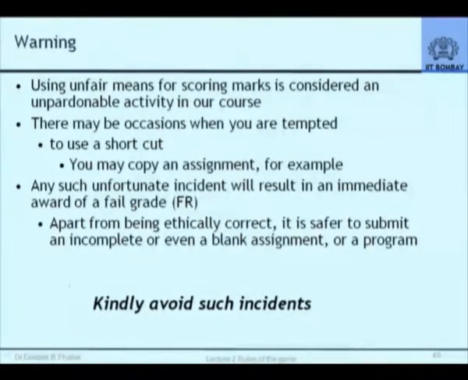However, using any unfair means will mean an immediate fail grade in the course. This is something that at least I don't tolerate, IIT Bombay does not tolerate. You're all smart kids, but I'll tell you what happens. When you're giving an exam and when there are marks, there are temptations. So, particularly if my neighbor's notebook is very easily visible and I am not able to get an answer quickly, it is not unnatural to be tempted to see what that neighbor is writing. That temptation has to be avoided at all costs.